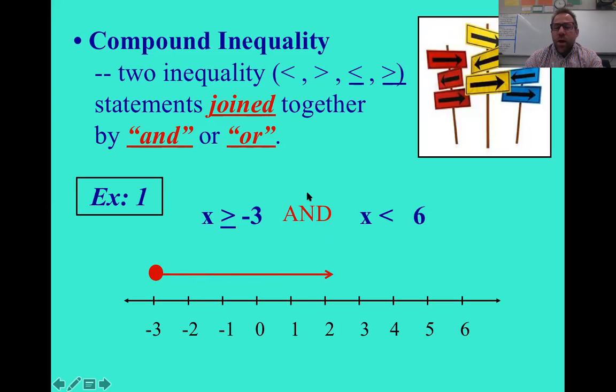Okay, and then we have the word and. So that means we're going to take this inequality and we're going to join it with this first one. So on this one, no equal sign, and we're going to go to the number 6. We're going to have an open circle. And then this street sign tells us we want all numbers less,